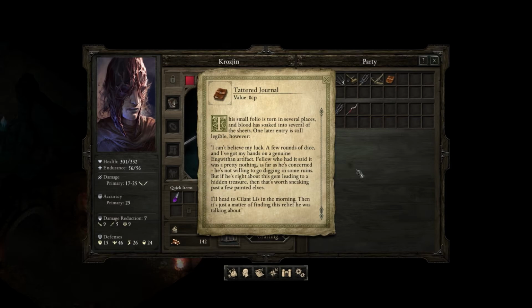Fellow who had it was pretty nothing. As far as he's concerned, he's not willing to go digging some ruins. But if he's right about the gem leading to a hidden treasure, then that's worth sneaking past a few painted elves. I'll head to Silant Liss in the morning. Then it's a matter of finding this relief